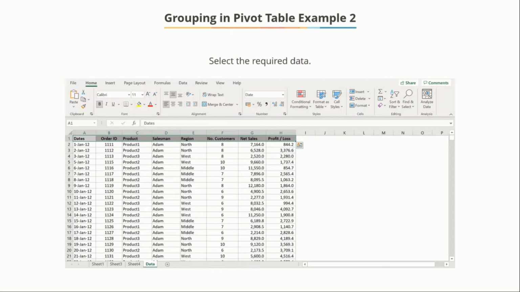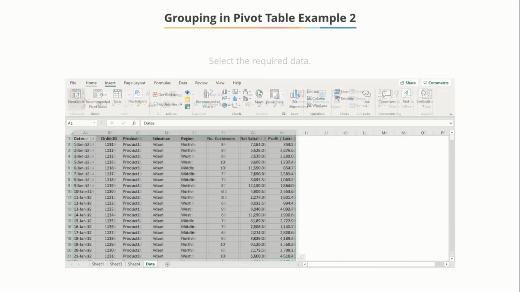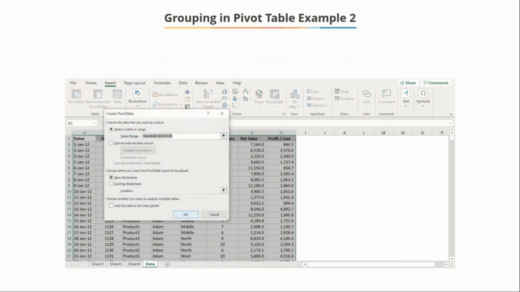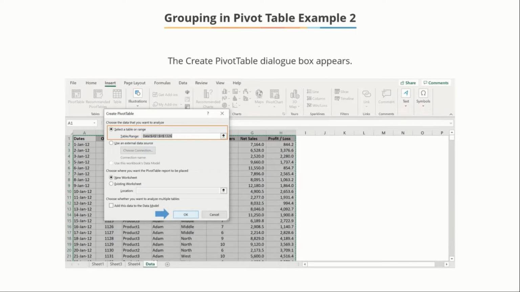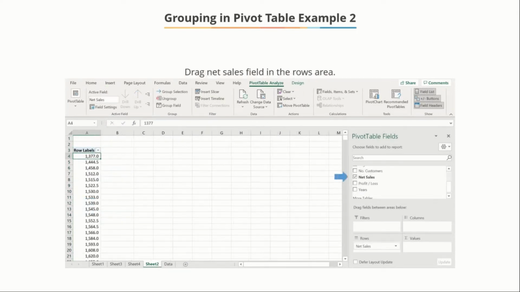Select the required data. First, click on A1 and press Ctrl, Shift, right. Now press Ctrl, Shift, down arrow key. In the Insert tab, click the Pivot Table command. The Create Pivot Table dialog box appears. Under the Table Range reference box, Excel automatically selects the data range. Then click OK. To create a pivot table, drag the net sales field in the rows area